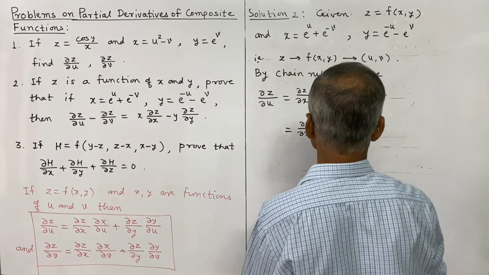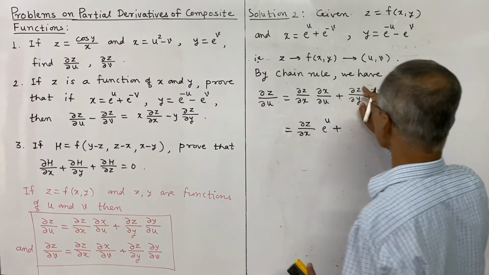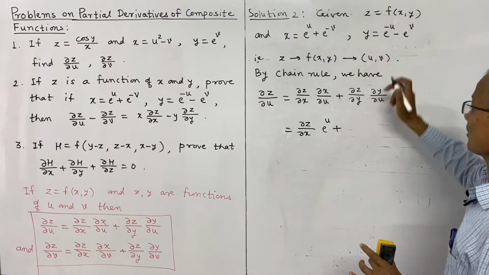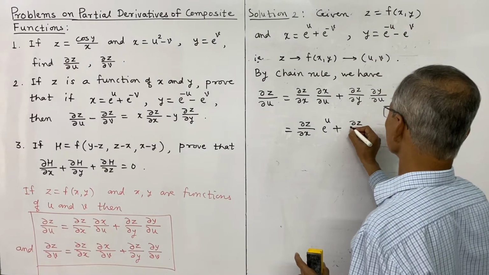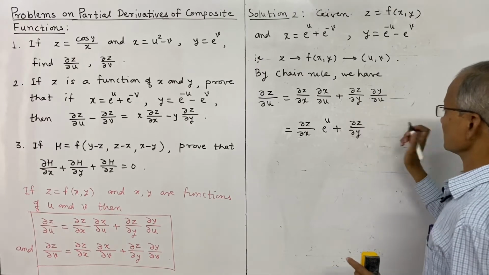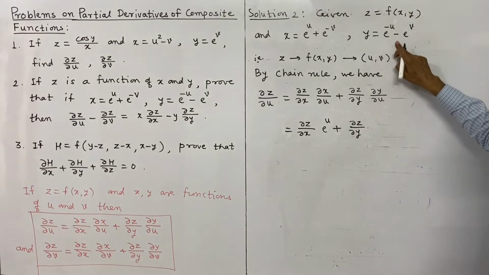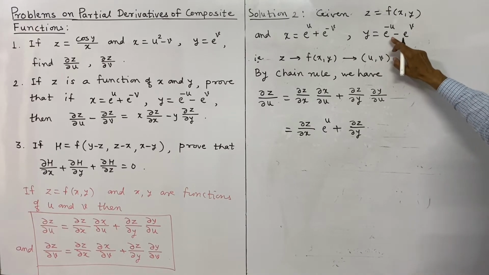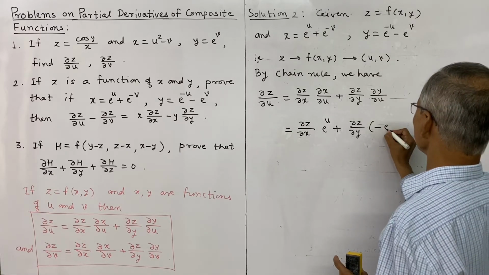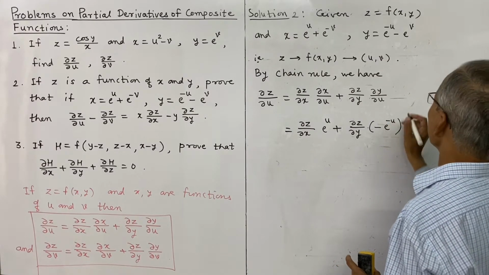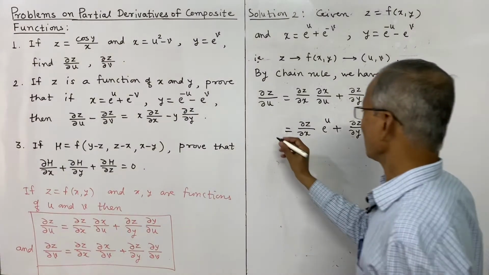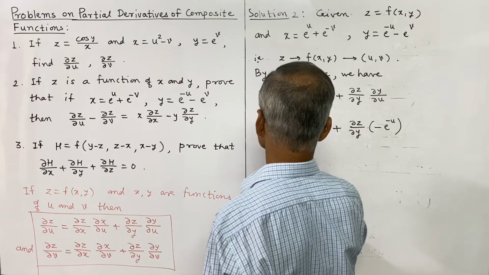And next is plus partial derivative of z with respect to y. This will remain the same because z is not given exactly which function, and therefore we should write this as it is. But this y is given. X and y are given as exact functions of u and v. So y is equal to e to the power negative u, and its derivative is negative e power negative u, and this derivative will be 0. So this much is what we have as dou z by dou u.